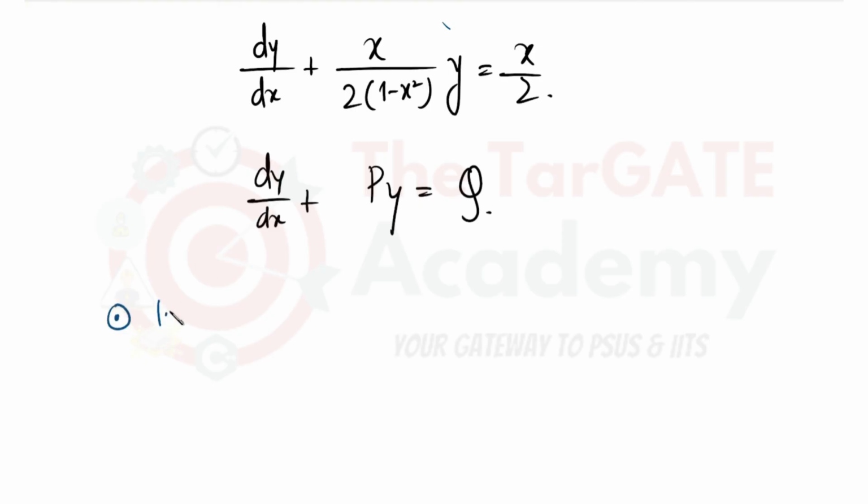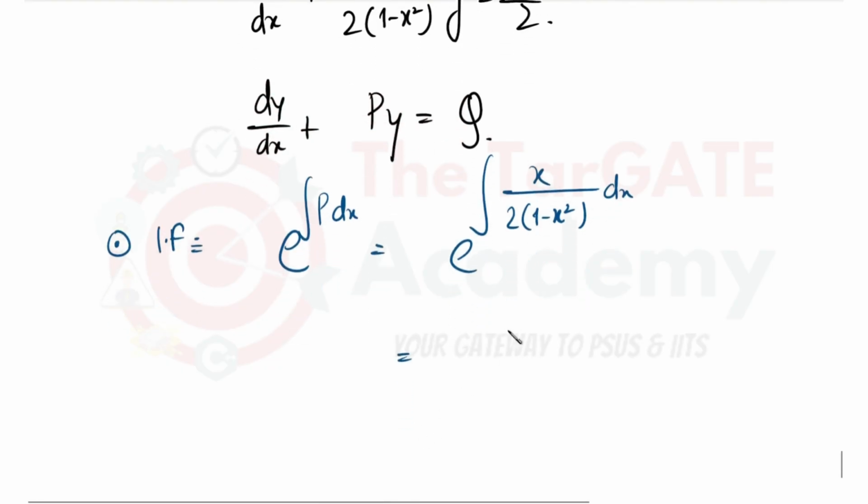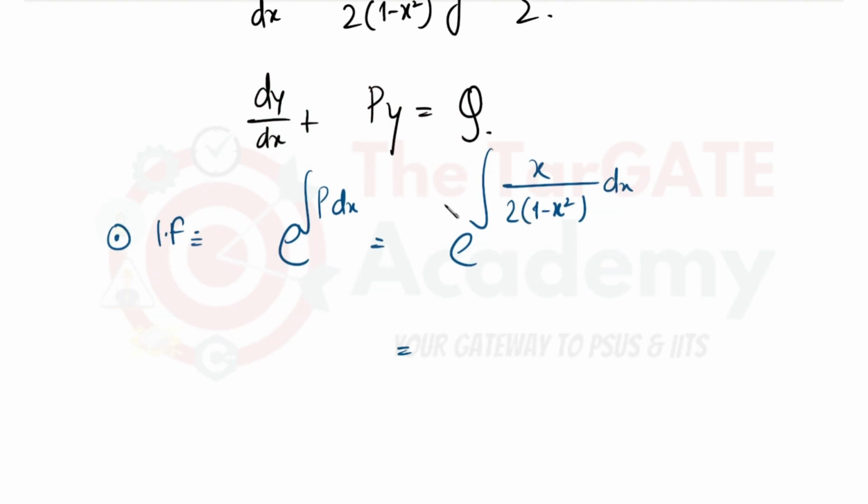Integrating factor, e to the power p dx, है ना। तो e to the power x by twice of 1 minus x square dx। फिर से मैं बोलूंगा थोड़ा सा अटेंशन देना, हाँ। देखो कैसे अटेंशन दोगे, ये 1/2 को बाहर निकाल लो, ये जो कांस्टेंट है बाहर आ जाएगा। आई विल हैव x by 1 minus x square इंटीग्रेशन ऑफ dx,